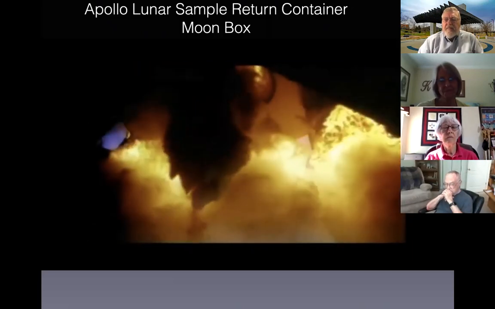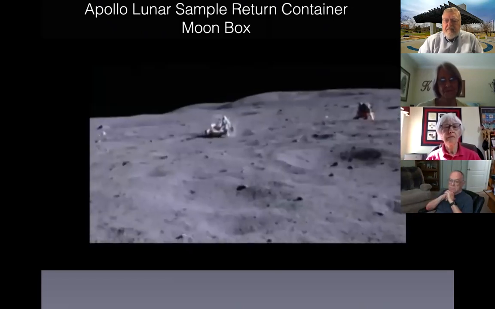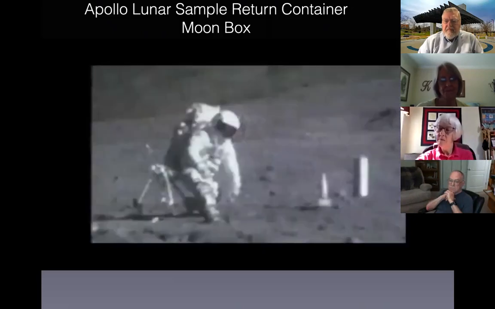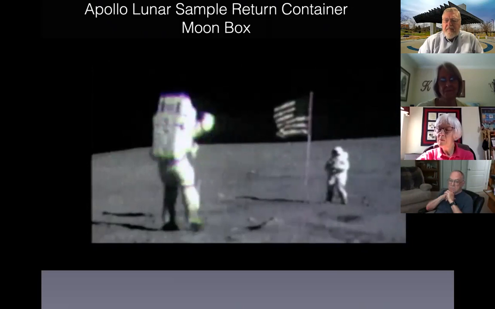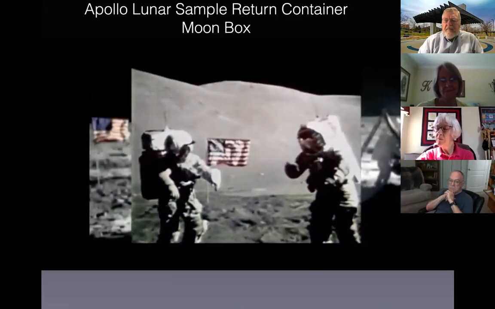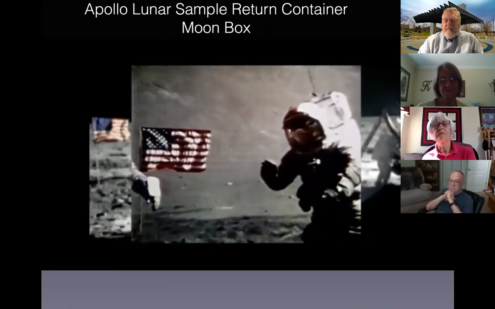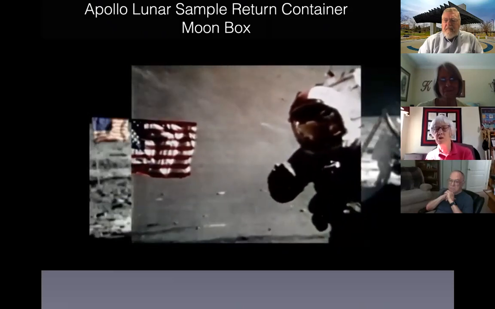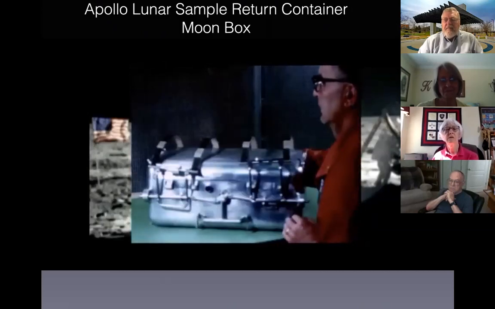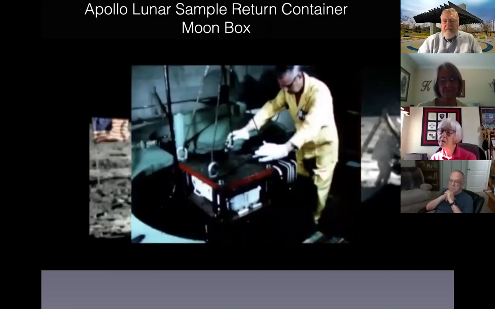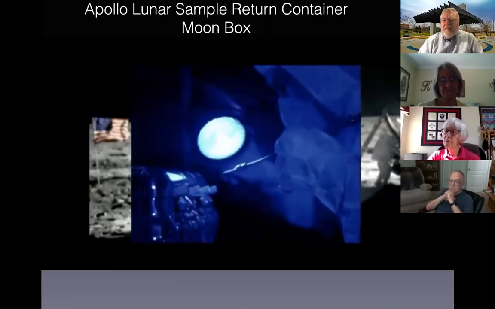NASA would launch 6 Apollo missions carrying 2 moon boxes each. Using gathering equipment designed at Y-12, astronauts collected pieces of the moon for study. Between 1969 and 1972, over 800 pounds of lunar material was safely brought back to Earth using Y-12's moon boxes. The success of the Apollo Lunar Sample Return Container proved the team of Y-12 had the right stuff to meet